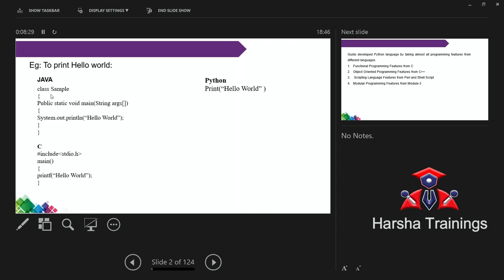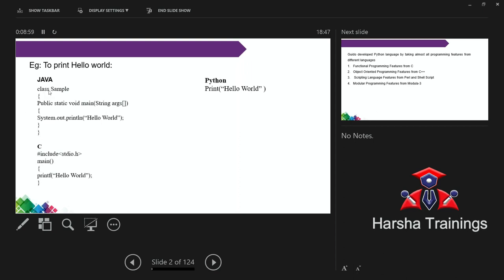Among these two, which one is better? Obviously, object oriented programming is the better one. Generally, in object oriented programming, everything must be written inside a class. Each and every statement. Without a class, it is not possible to write a single statement. Every statement must be written inside a class. So this is the syntax. If you know Java, okay. If you don't know Java, then not a problem.